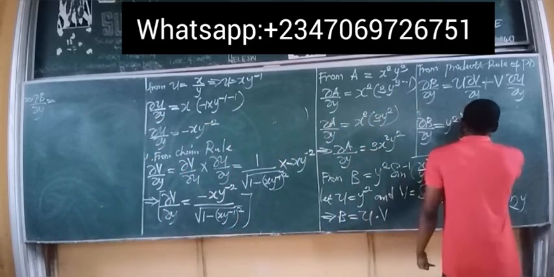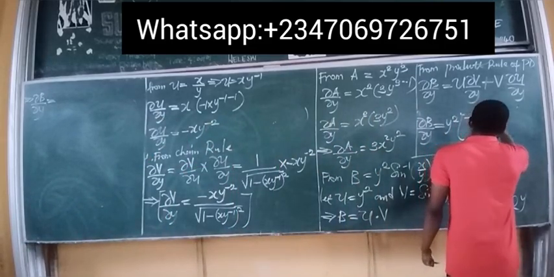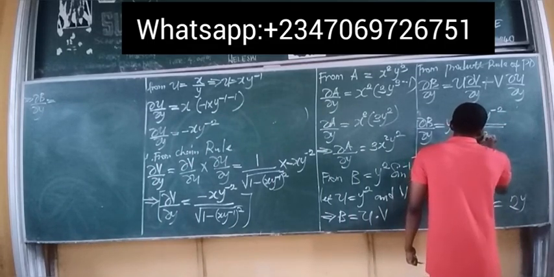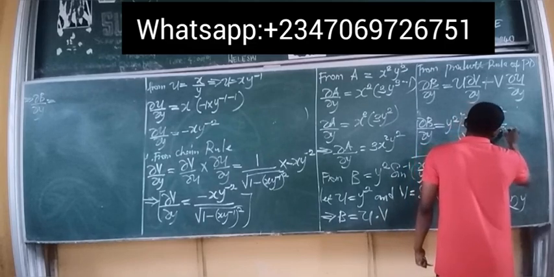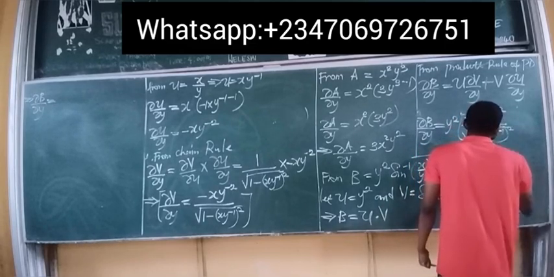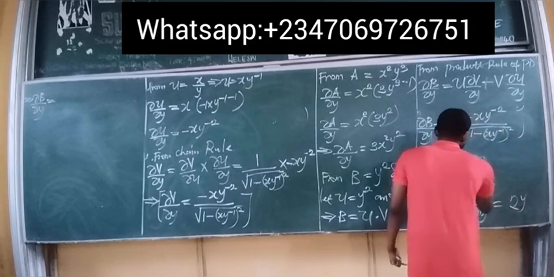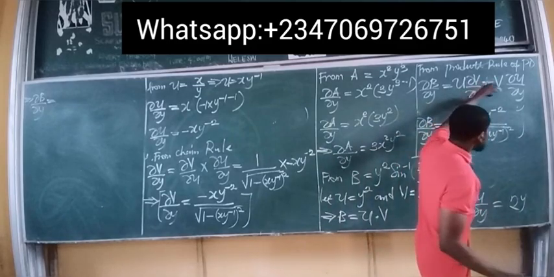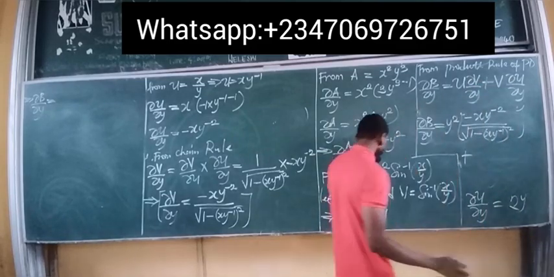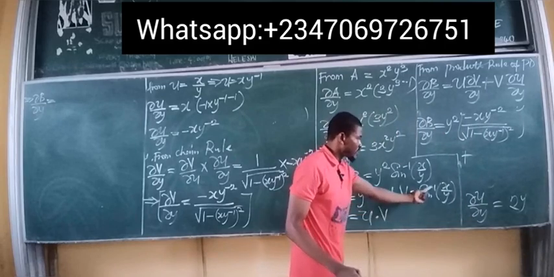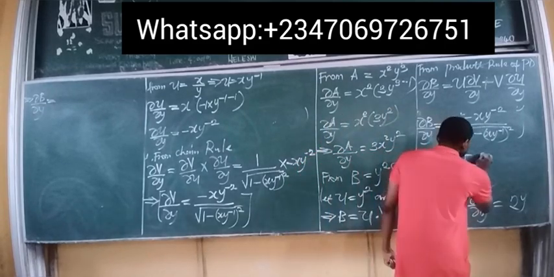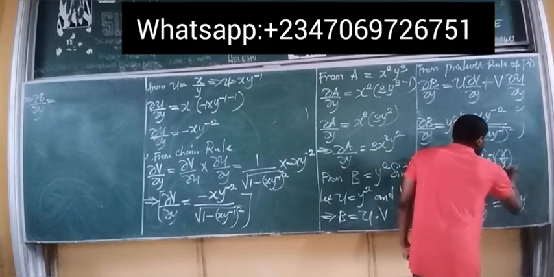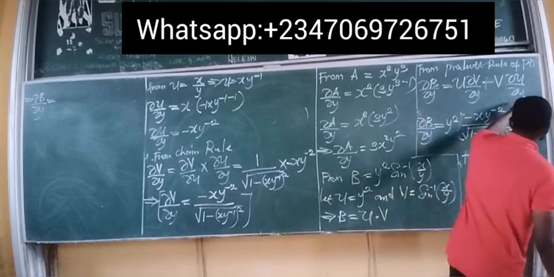So we simply have minus x y to the power of minus 2 all over the square root of 1 minus x y to the power of minus 1 all squared, plus, now you keep v constant, differentiate u with respect to y, and v, we said let v be equal to sine inverse of x over y, so keep that constant, and differentiate u partially with respect to y,